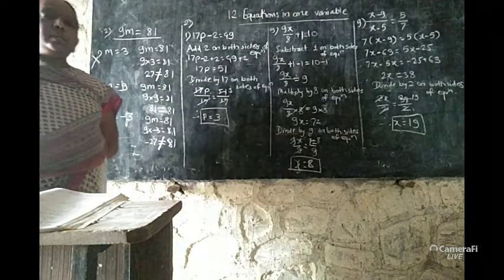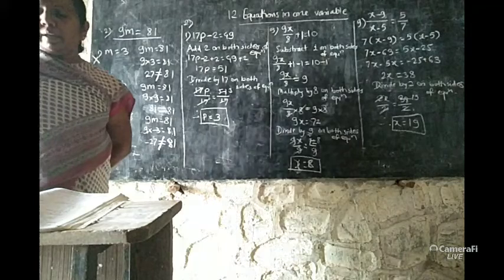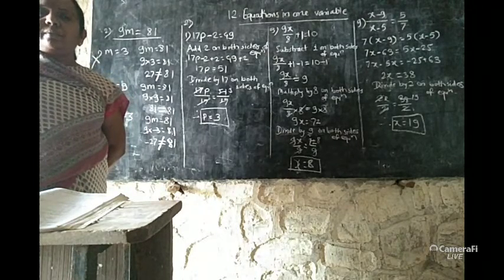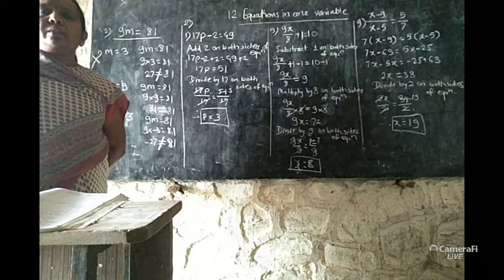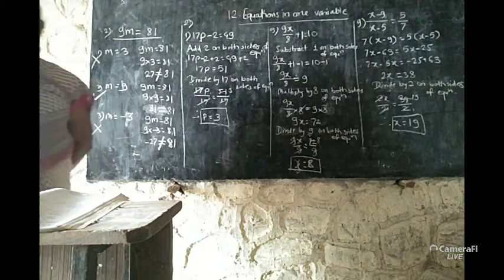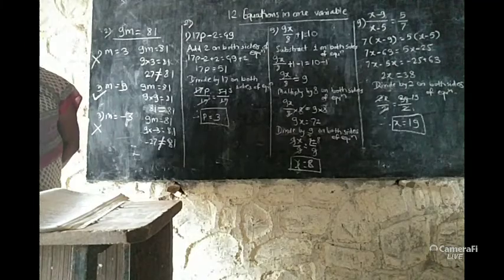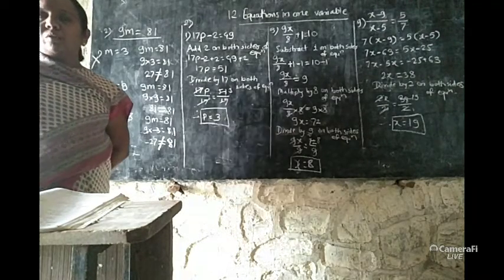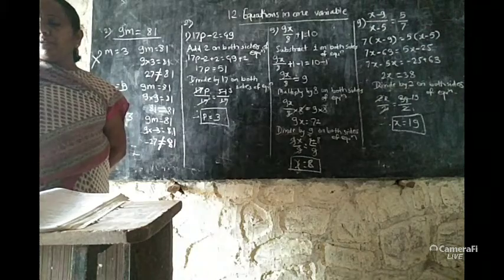How do we find this? We have to put the value of that variable in the equation and see. We have to observe whether both sides of the equation are the same or not. When both sides of the equation are the same for the given value of the variable, then it is the solution of that equation. And when the values are not equal, then the given value of the variable is not the solution of the given equation.